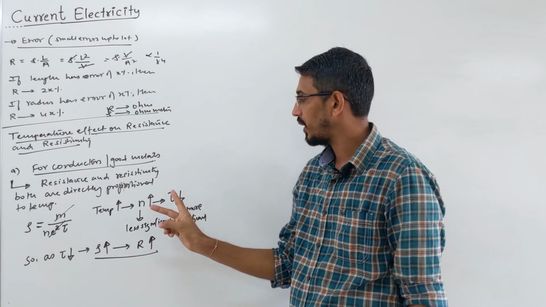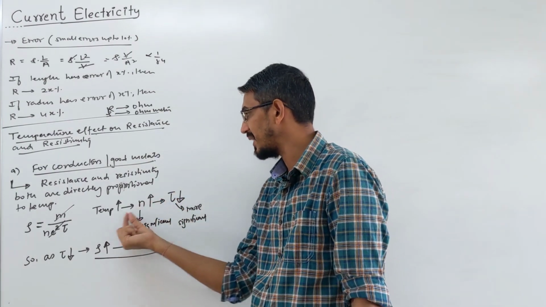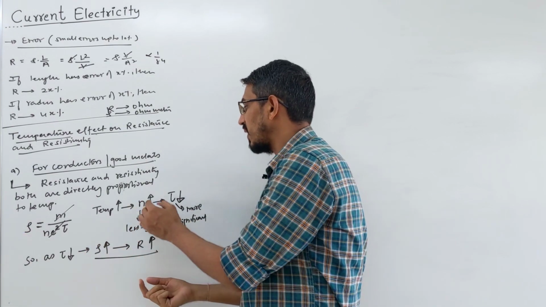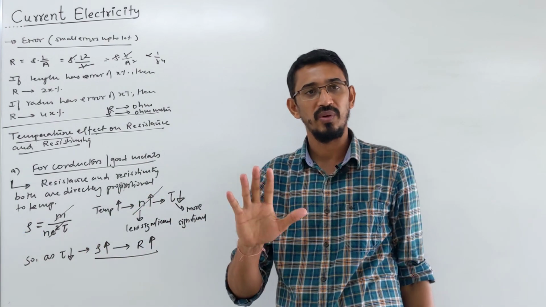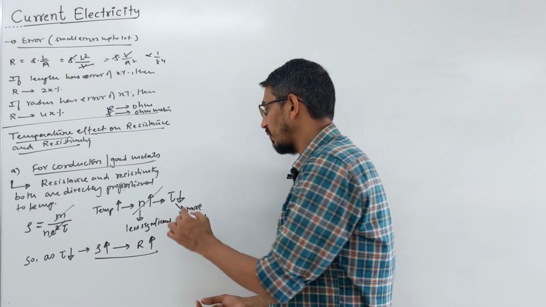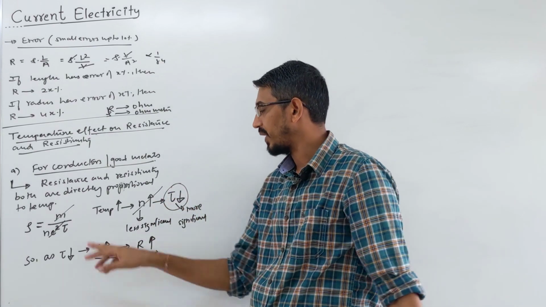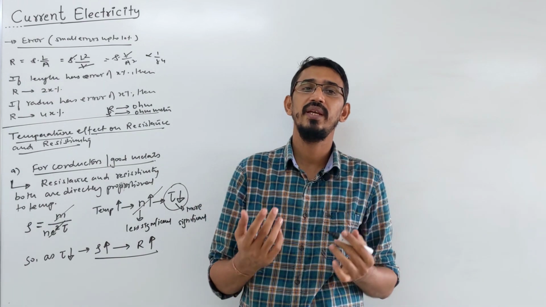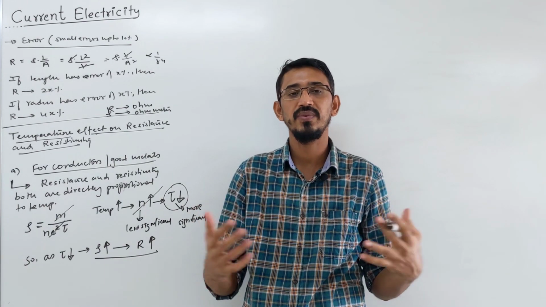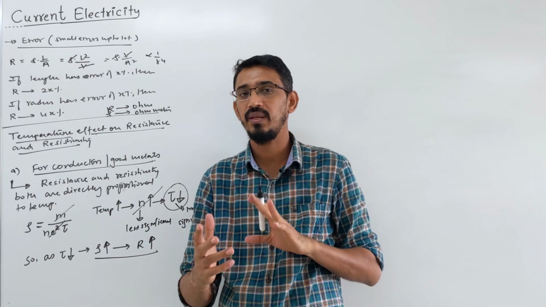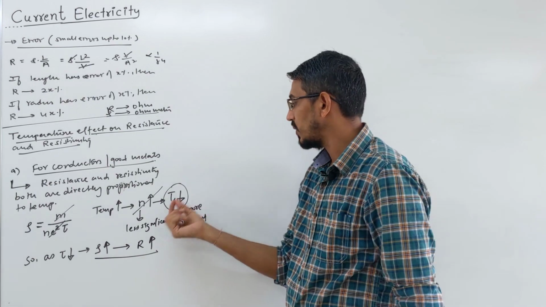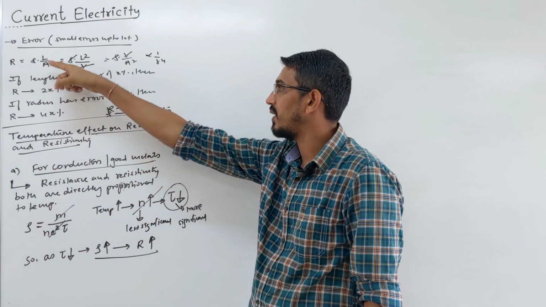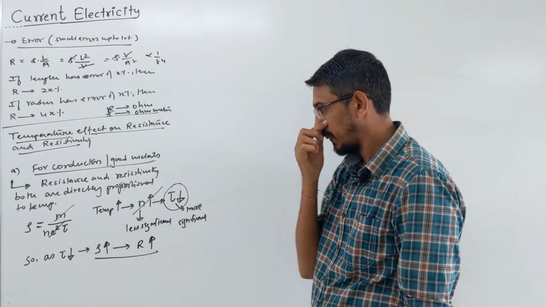Watch carefully, two things are happening. One thing is increasing, so the other should decrease, correct? Yes, but that effect is negligible, a very small change. The main powerful effect is tau. We are heating the wire, the electrons gain thermal kinetic energy, so their speed increases, and the time taken between collisions is reduced. So relaxation time is reduced, resistivity will increase, and in the same way resistance should also increase, correct?